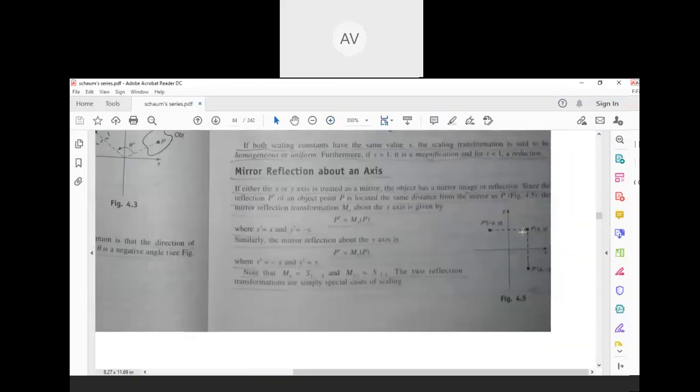See, reflection and mirror, both are the same words. We know the pattern command in AutoCAD. In the pattern command, you can make the pattern with respect to an axis or along a line. So here, this is your first quadrant, this is your second quadrant, this is your third quadrant, this is your fourth quadrant.